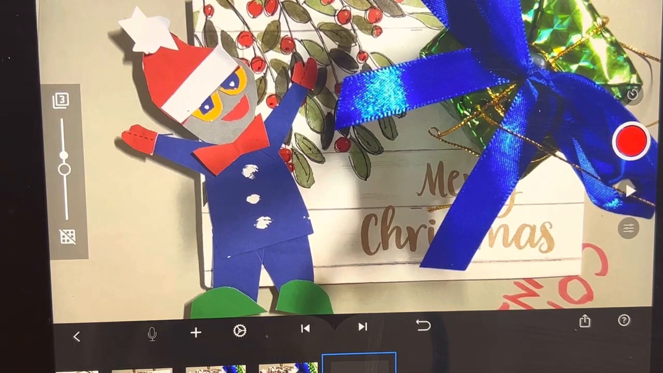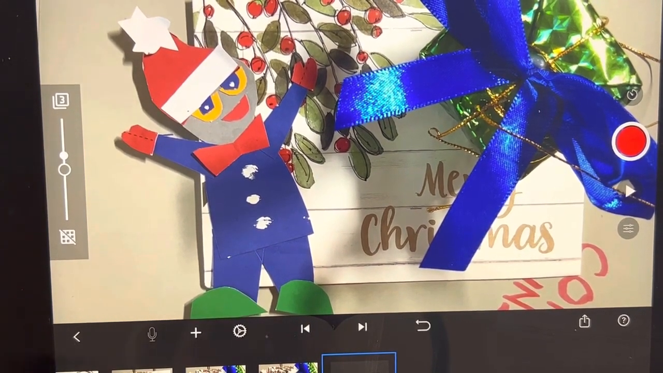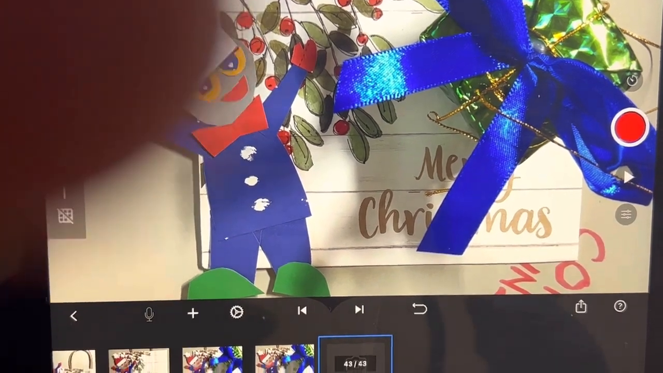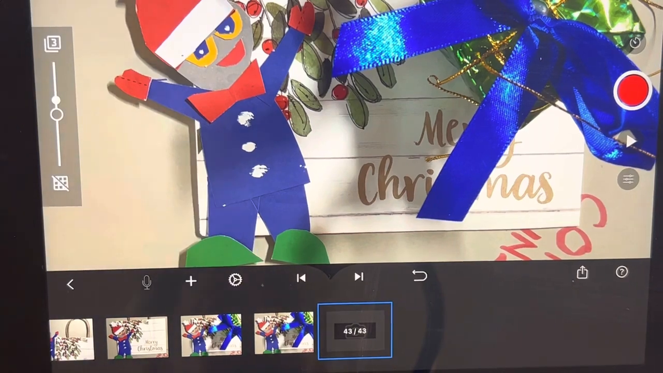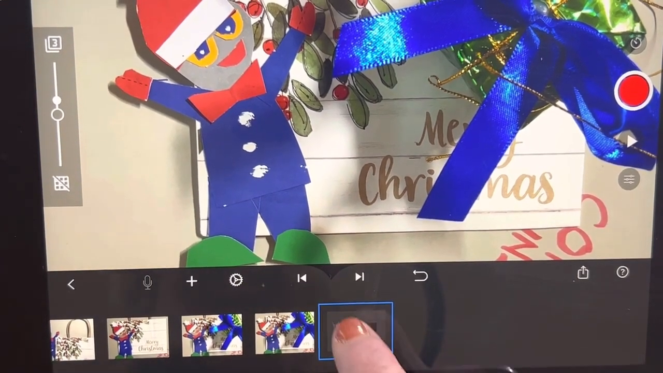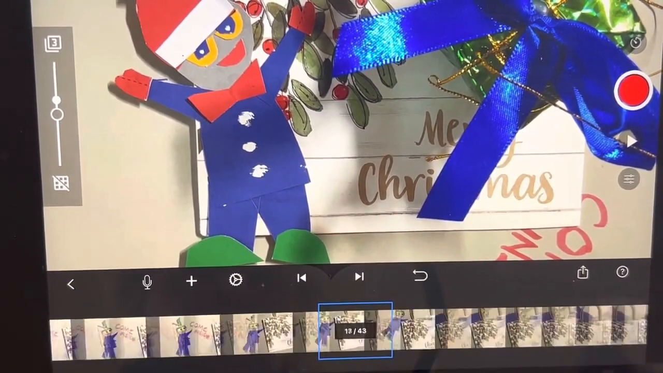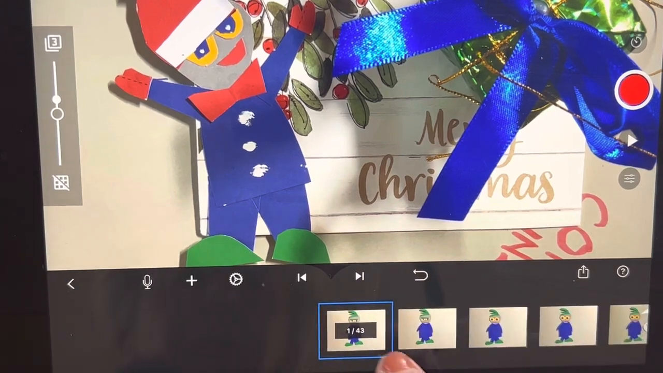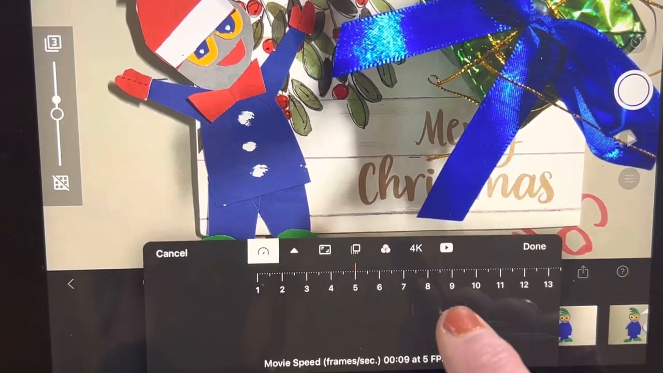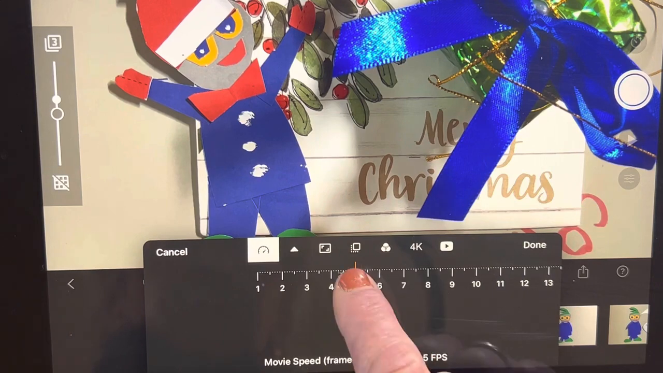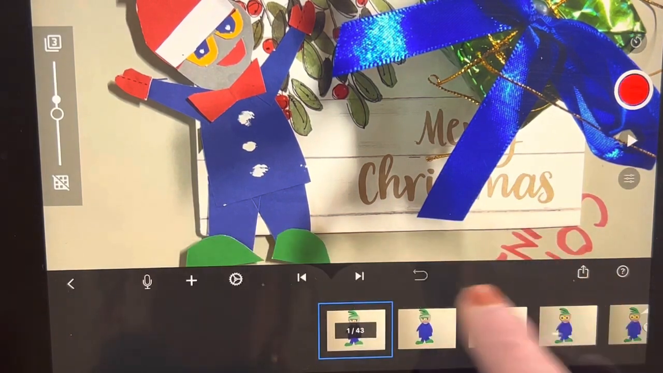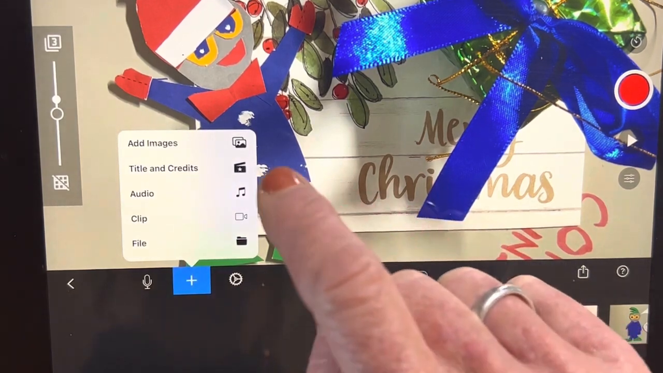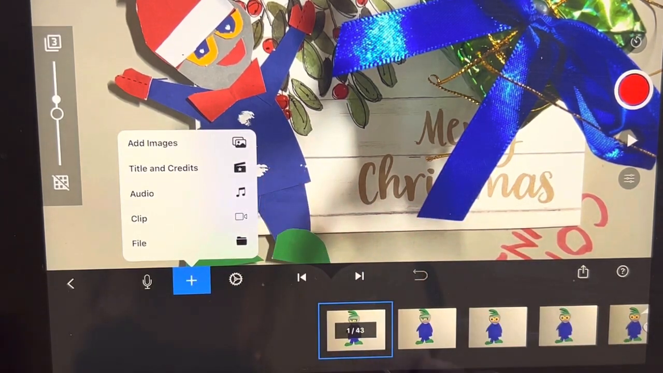And now we have 43 different frames. You can see at the bottom there, maybe you can't, there you go. At the bottom it says 43 out of 43 is the last one. So let's go here to the beginning. At the very beginning, we're going to do a couple of things. We're going to take the number of frames per second down as far as we can so we can slow it down. And then we're going to add a